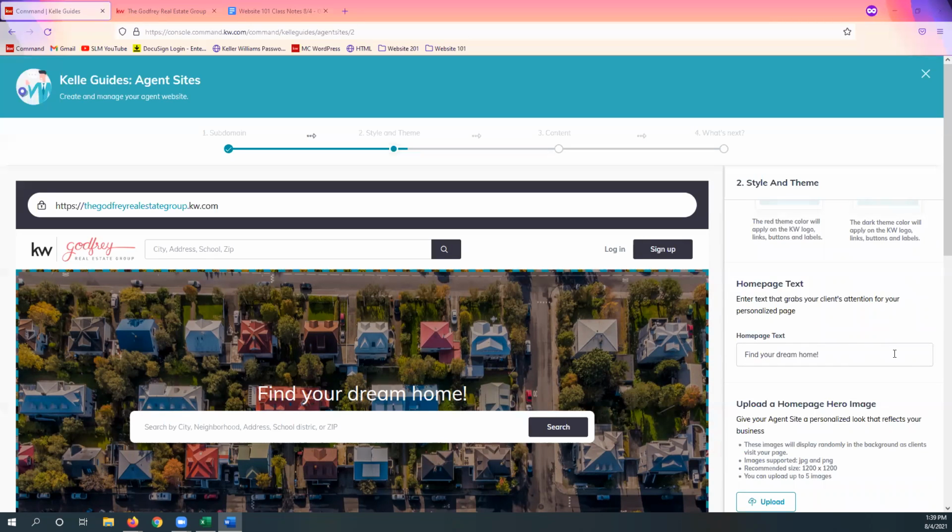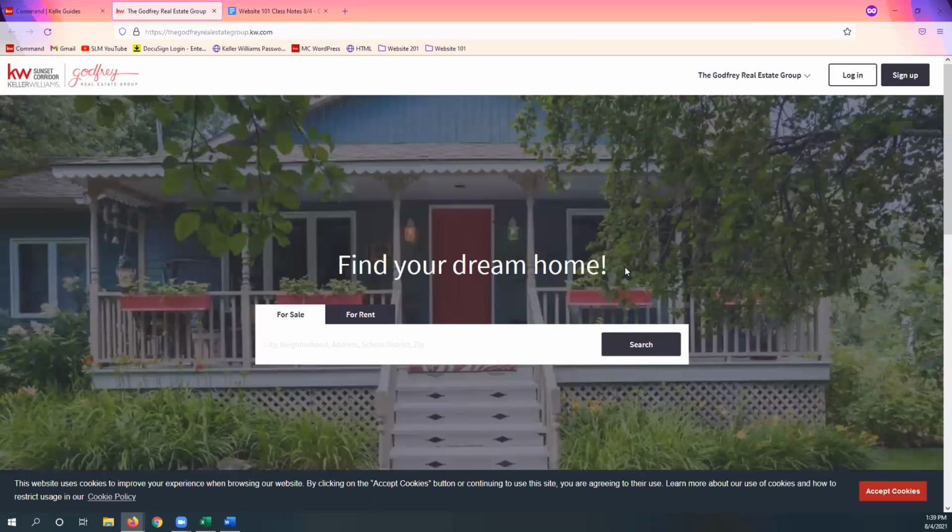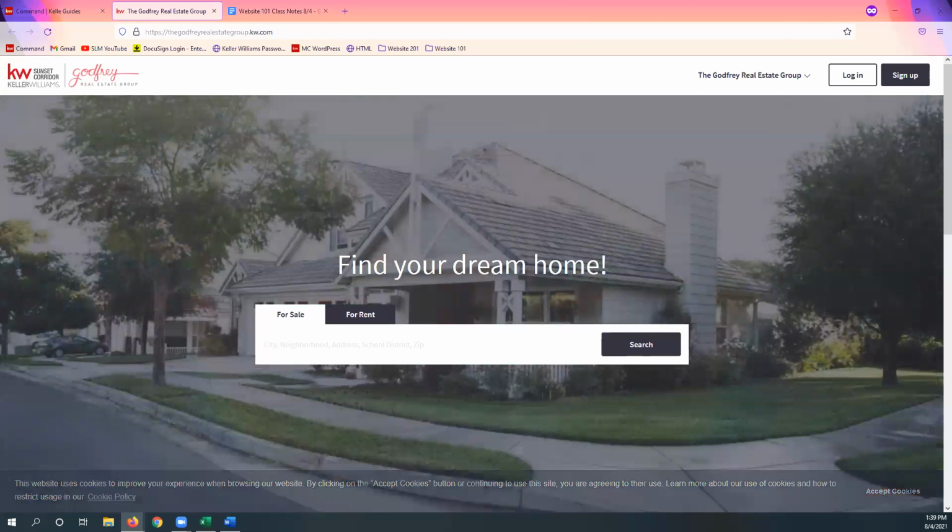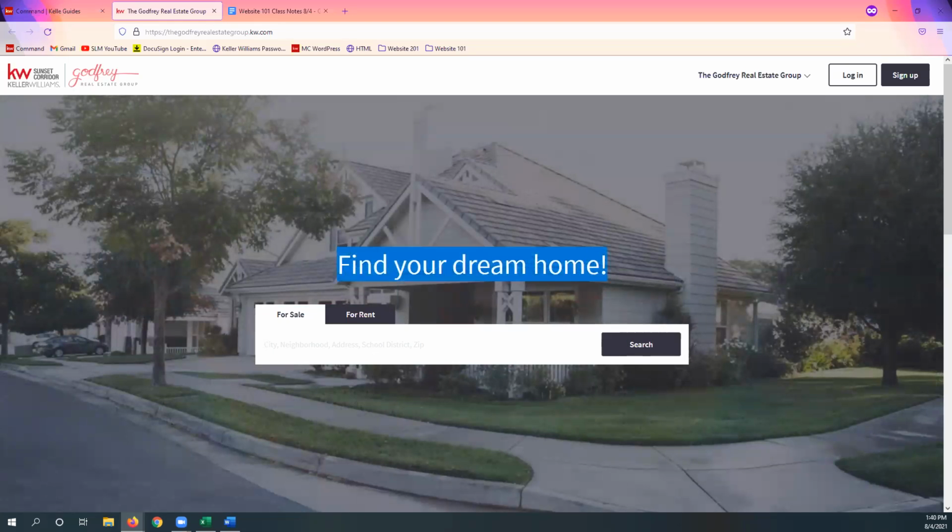Underneath that, we have our homepage text. This is essentially going to be the title of the homepage of your website. So jumping back to Lori's site, this is where it's going to show up. This is the main page of her website. She has Find Your Dream Home as her text, and it shows up right on the main page above that